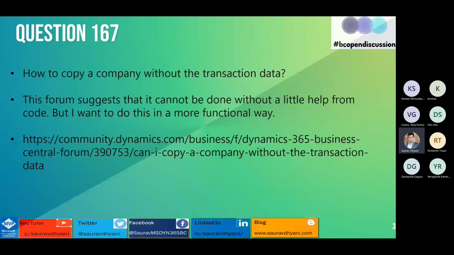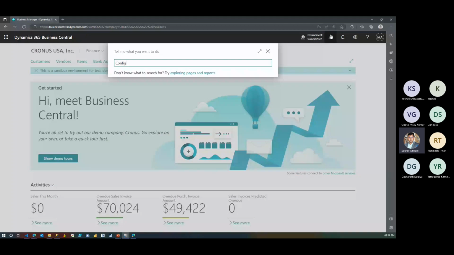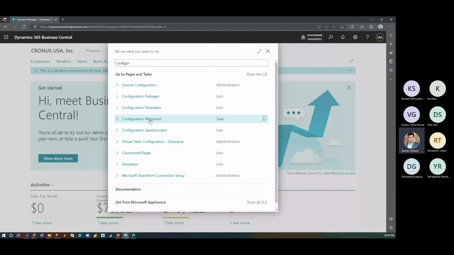So let's log into a Business Central environment. This is my Business Central SaaS environment. Let's think about if I have to create a new company where I would like to copy certain master data, more or less without transactions. There are ways available in Business Central, with the assumption that you know what tables you would like to copy. That's the only thing you need to know. So what happens is if you go to the configuration worksheet, which is a part of the RapidStart package, more or less,